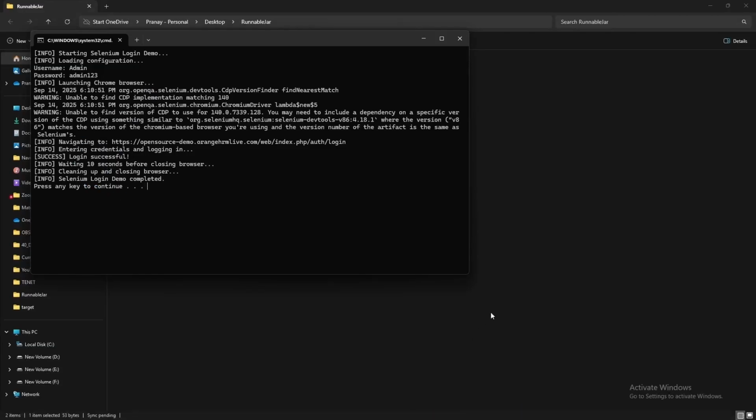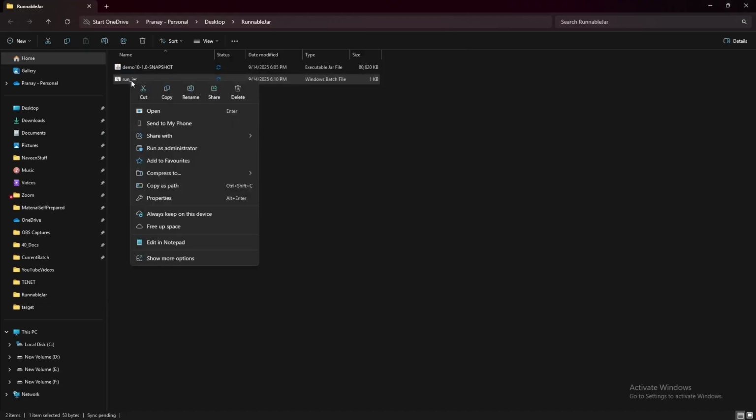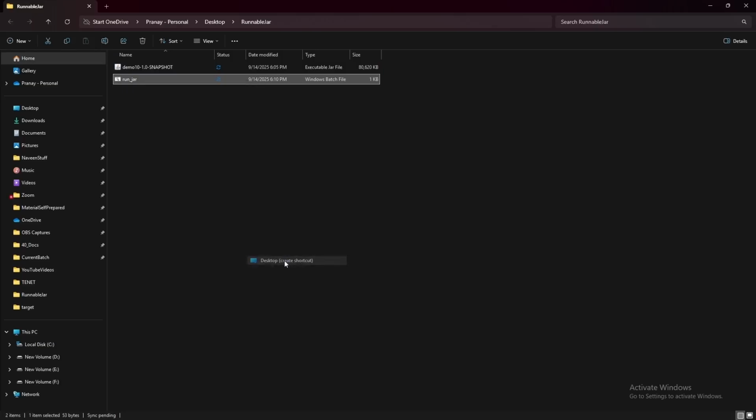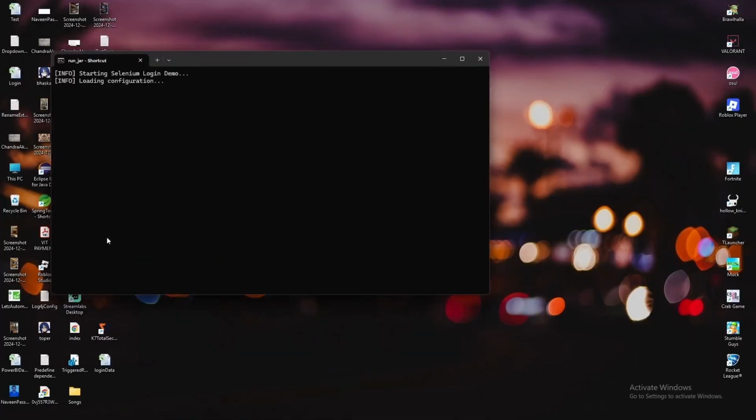So this way you can simply execute your jar file using a batch file. You can place this anywhere. You can create a shortcut for this, like this desktop shortcut. Here the desktop shortcut has been created. You can just double click on this. So whenever you want